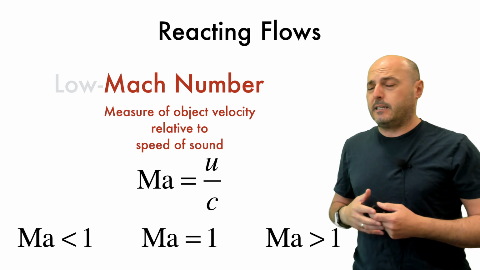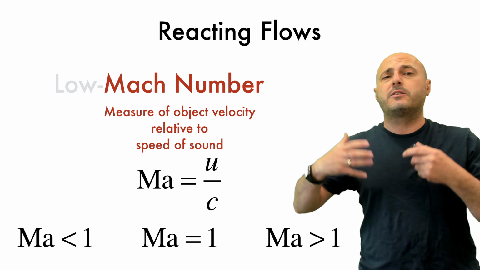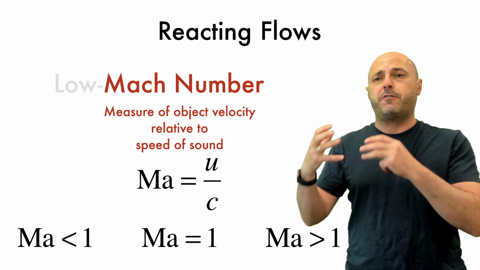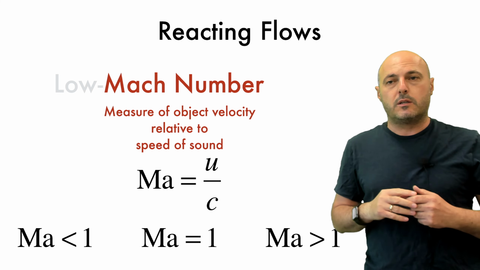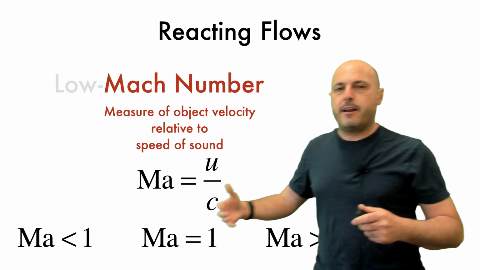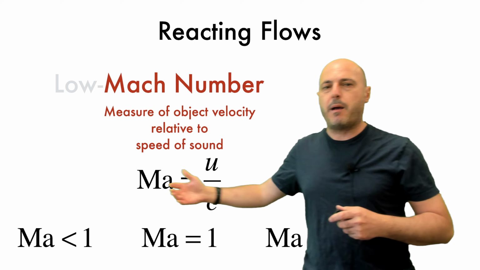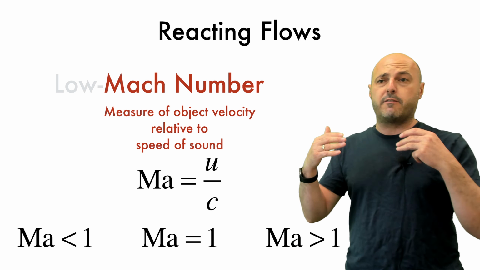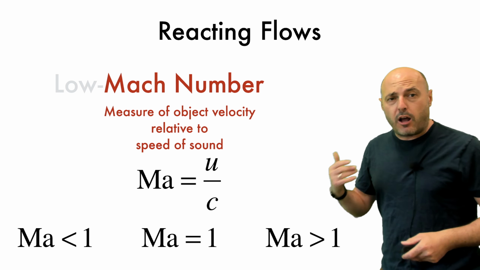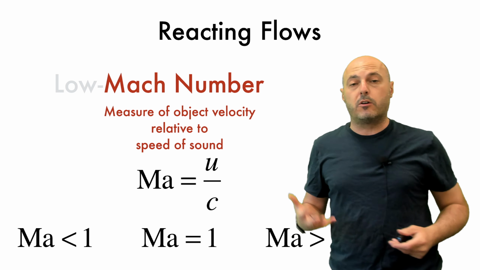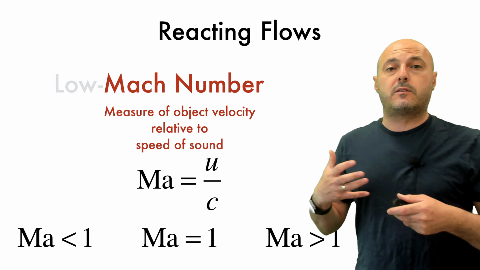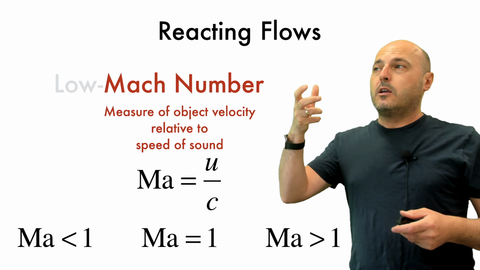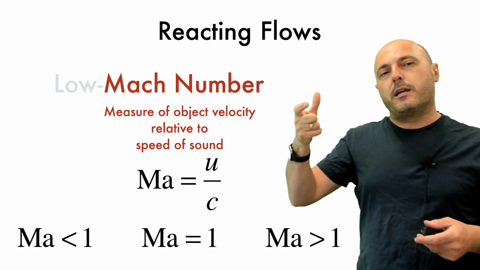As you may know already, the Mach number is a dimensionless number. It's a measure of the relative speed of an object or something in a flow with respect to the speed of sound. We usually define a subsonic regime: we say Mach number is less than 1. Sonic conditions when the Mach number is 1, so things are traveling at the speed of sound. And for hypersonic flows where the Mach number is larger than 1, these objects are traveling faster than the speed of sound.